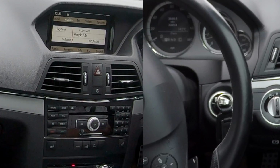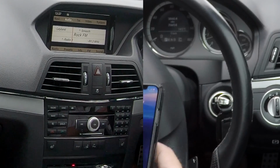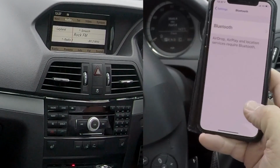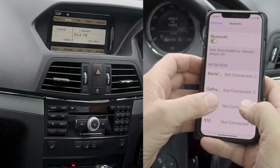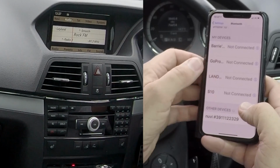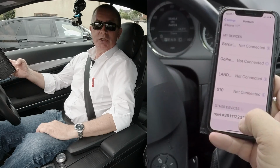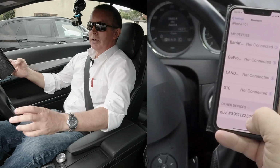Turn down. So, how to pair a mobile. First of all, we go to Bluetooth, make sure it's switched on, and then remember to keep your arm still. So my arm's there. That's picking up somebody's Garmin Nuvi that's obviously sat on the forecourt here. So from here,